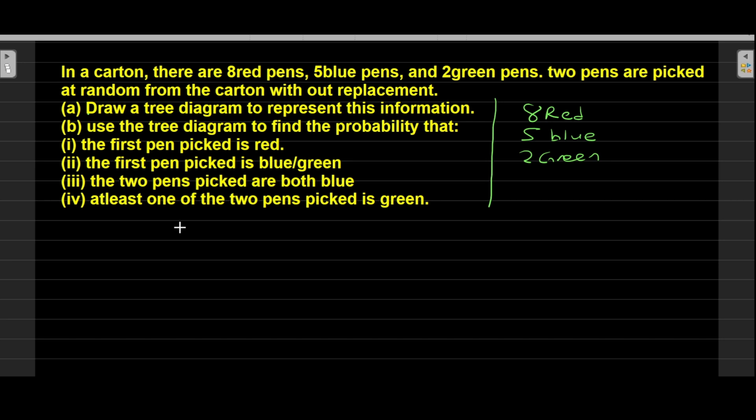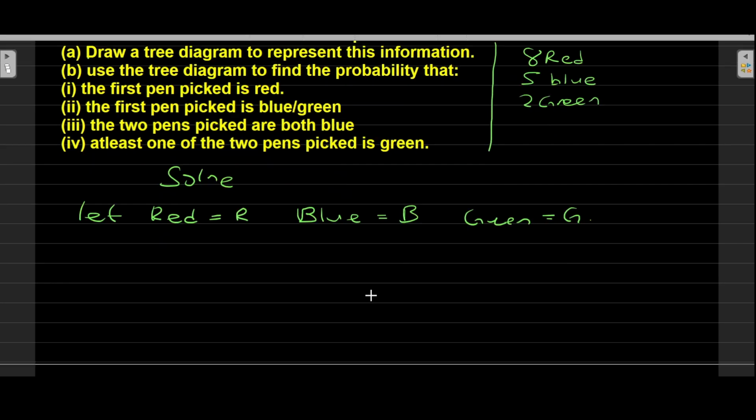I'm going to start by letting, if I put the solution of my question, I'll let red stand for R, let blue stand for B, and also we're going to let green stand for G. That means that in my question, we are going to have 8 red, 5 blue, and 2 green. Then our container contains 3 different pens, and these 3 pens are to be picked at random from